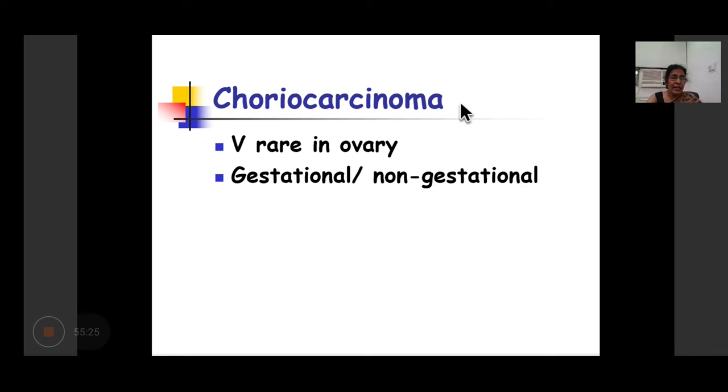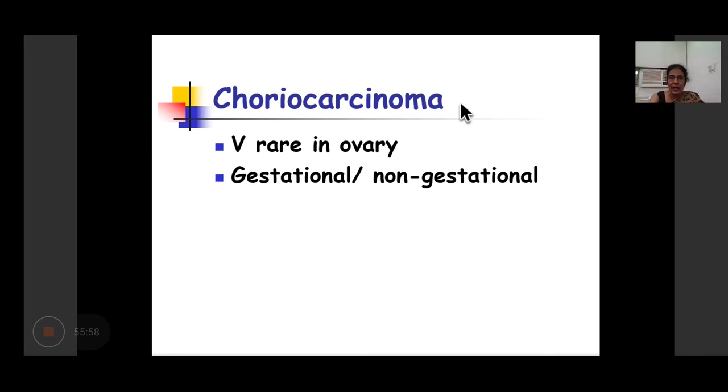Fine. I will deal with choriocarcinoma when I deal with the gestational trophoblastic tumors in my next session. But suffice it here to say that this is also a germ cell tumor of the ovary, uncommonly occurs in the ovary and most commonly occurs after gestational trophoblastic tumors. So when it occurs in the ovary, it is a non-gestational choriocarcinoma and it shows presence of cytotrophoblasts and syncytiotrophoblastic giant cells. So the tumor marker for choriocarcinoma is beta HCG levels in the serum and blood.